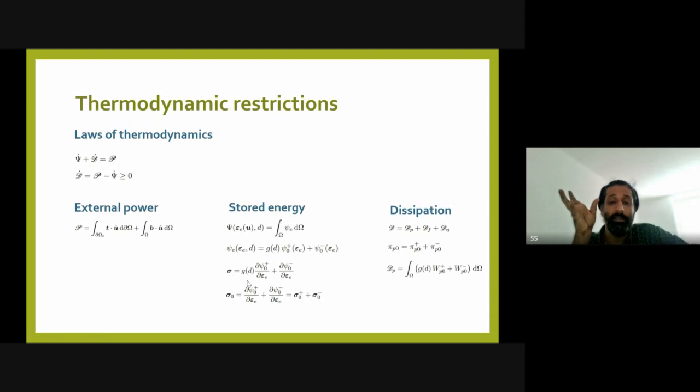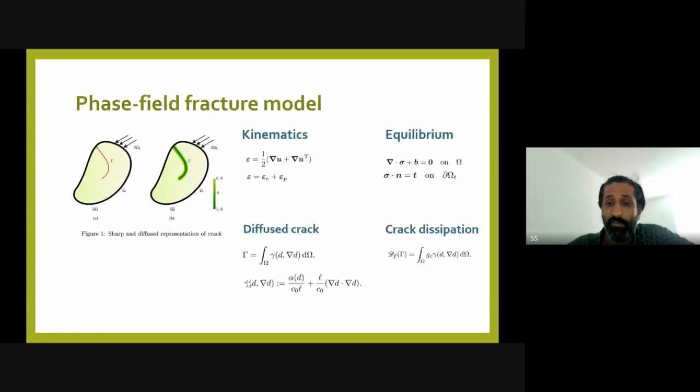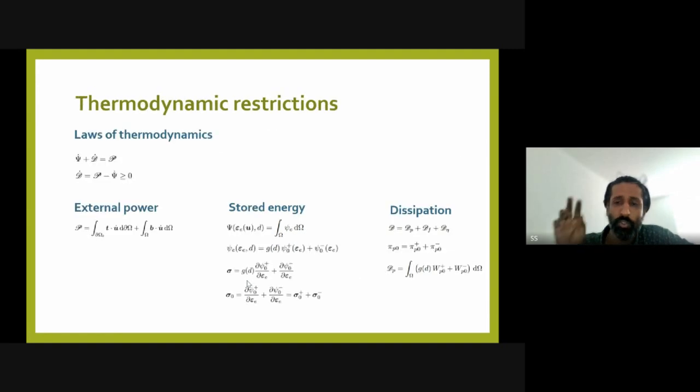So in the standard continuum damage mechanics framework, we usually have the effective stress and we multiply it by some degradation function and we get our true stress, which is sigma. But here the relationship is not that simple. So in this case, when we write the dissipation, recalling that in the previous slide we had described the first part of the dissipation, which was due to the crack, here we encounter the dissipation due to the plastic flow in the material and the dissipation due